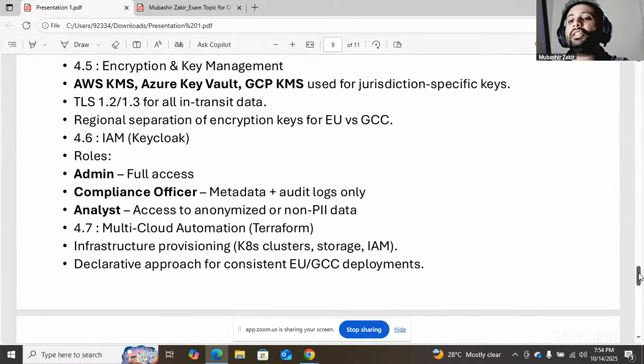For admin, it is full access. For compliance officer, it is metadata and audit logs only. For analyst, it is access to anonymized or non-PII data.